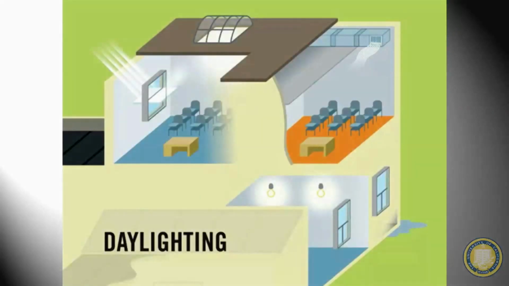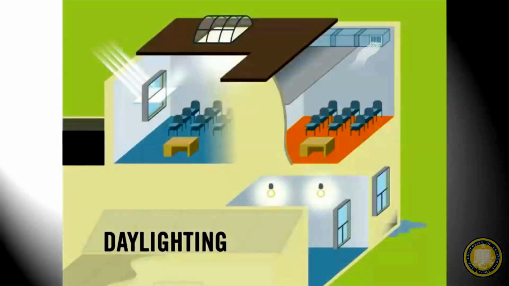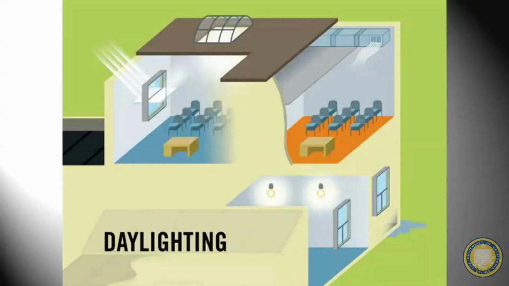So another example of the interconnectedness of the built and natural environment: using daylighting has a huge impact on environmental quality, health, and learning. And this reduces energy costs and improves concentration and performance. This has been found in studies. And sometimes you can have adjustable blinds to help reduce glare with daylighting. And how many people are taking environmental psychology right now? I think next week, your lecture will be about natural environments.